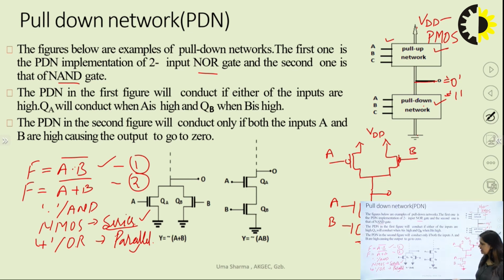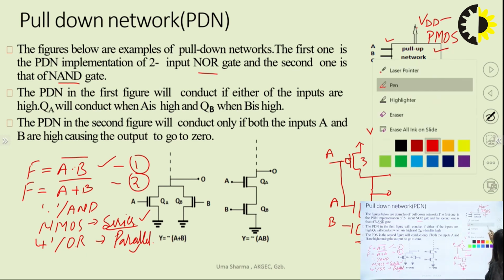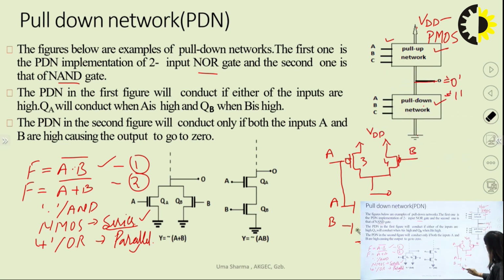Now you can see that in this circuit, which is the CMOS implementation of a NAND gate, there are two PMOS transistors and two NMOS transistors, and if I see in detail, then there are two inverters: one inverter which is made up of transistors 1 and 3, and a second inverter which is made up of transistors 2 and 4. If I just flip the direction of this second